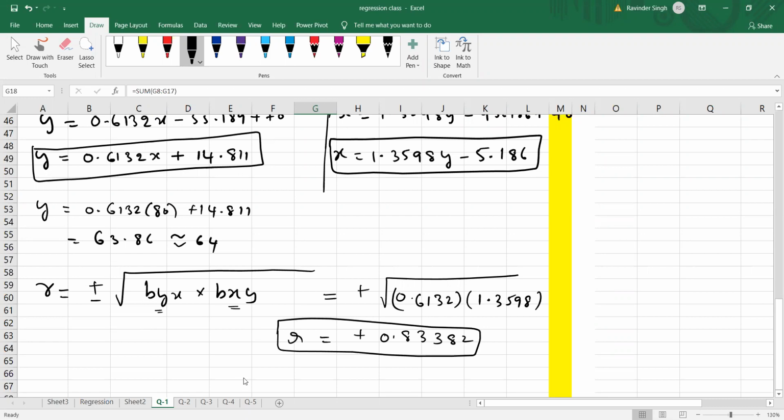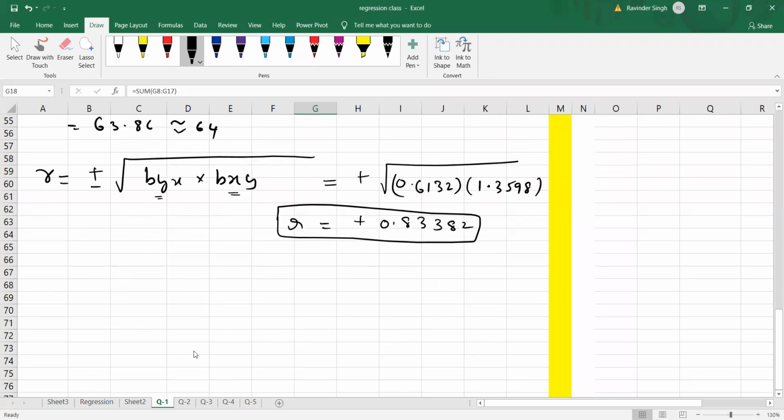Now here I am introducing you one more term called R square. I will tell you what R square means, because in regression analysis R square plays a very important role. I will show you in a while what this means. So what is the R square value? When you square this particular set, what is the R square value you will get?